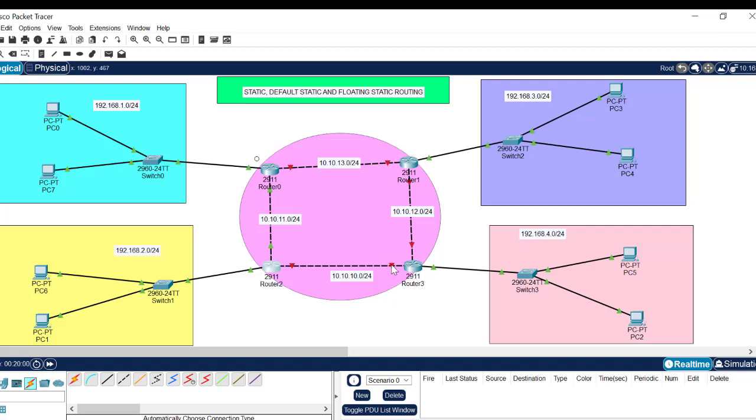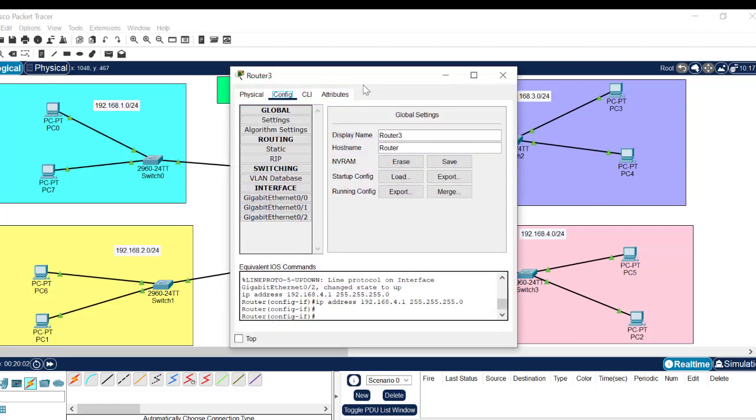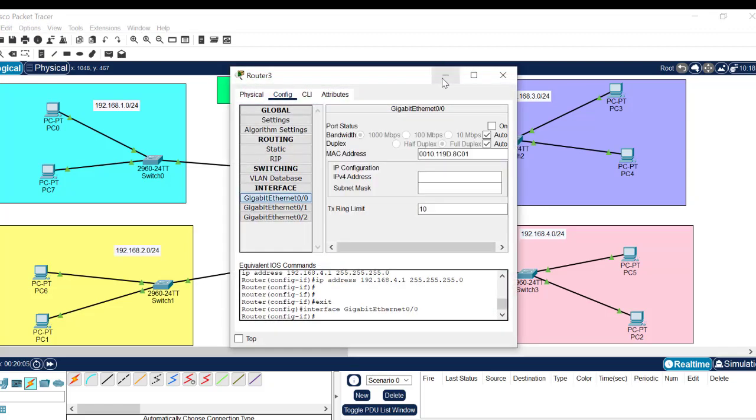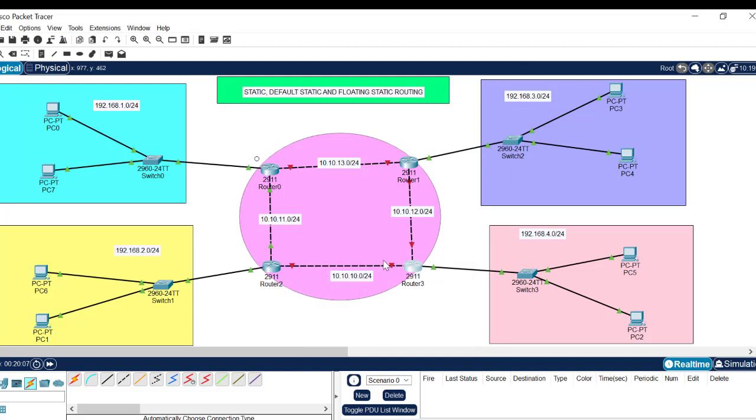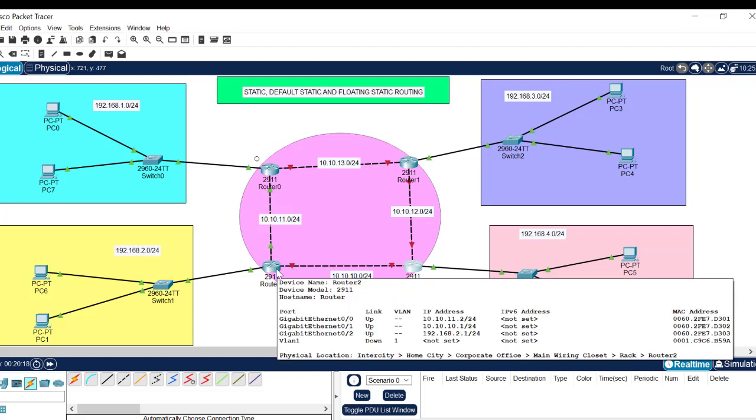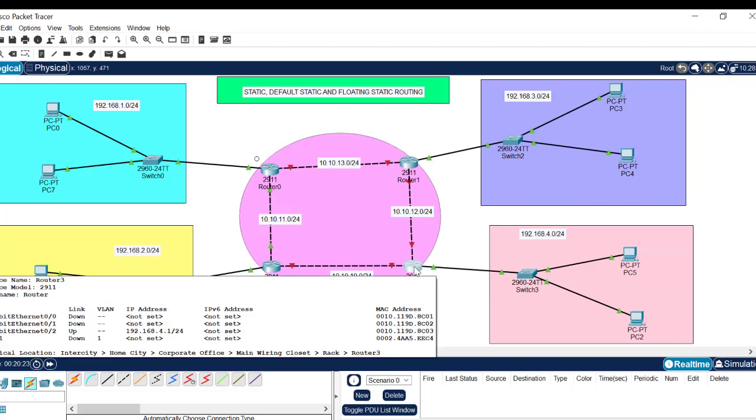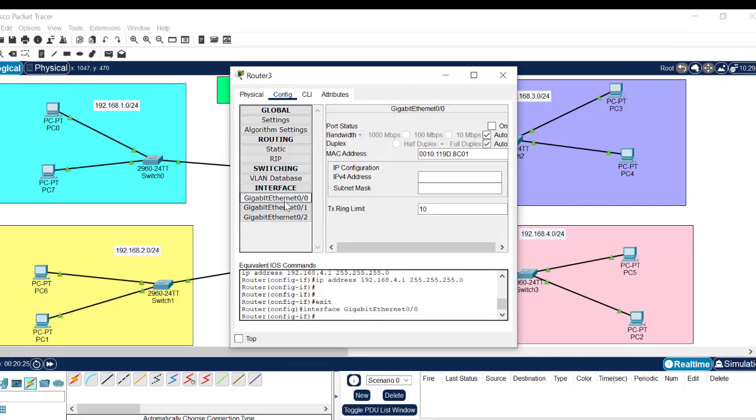Then we first check gig 00. We click gig 00 and we identify which network gig 00 is in. This one, because it's connecting router 3 and router 2. This is the network. So it will take 10.10.10.2 because this one took .1, 10.10.10.1. So I just click and go to gig 00, turn it on, and enter 10.10.10.2, and the subnet mask should be